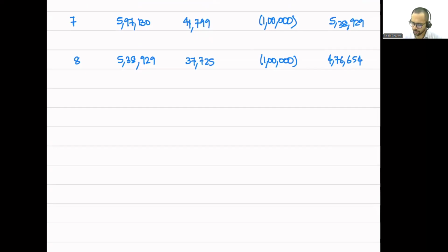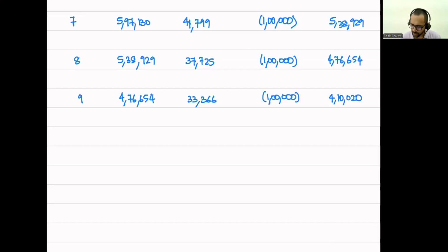For year 9, I'm going to have 4,76,654 as the beginning balance multiplied by 7% to calculate the interest. The interest is basically going to be 33,366. I then reduce the lease payment of 1 lakh, and I have a closing balance of 476,654 plus 33,366 less 1 lakh, which is going to be equal to